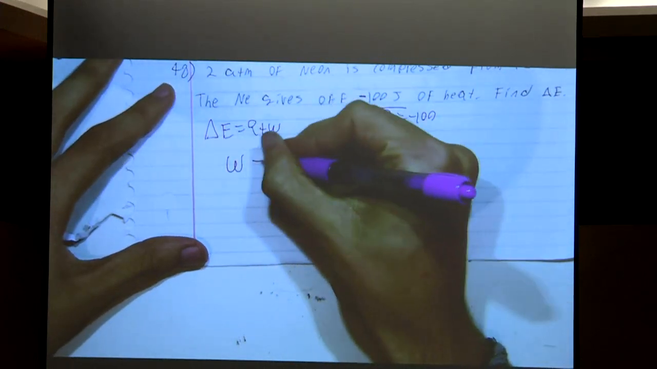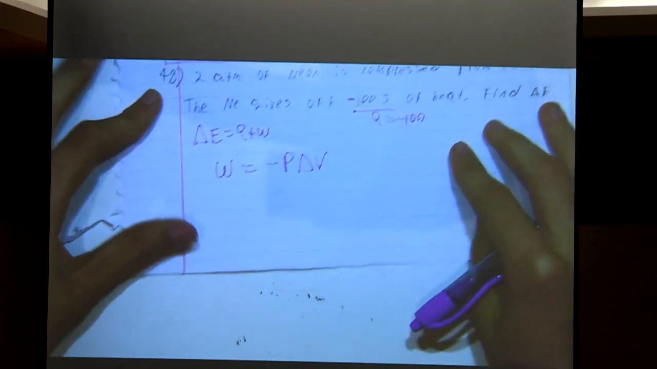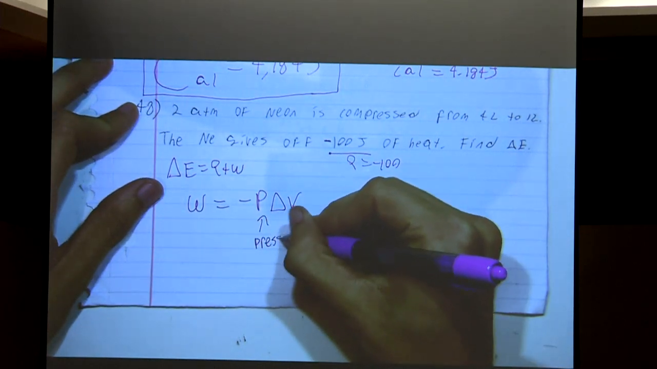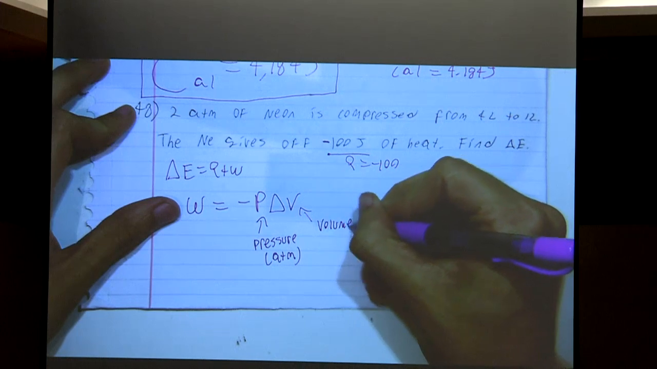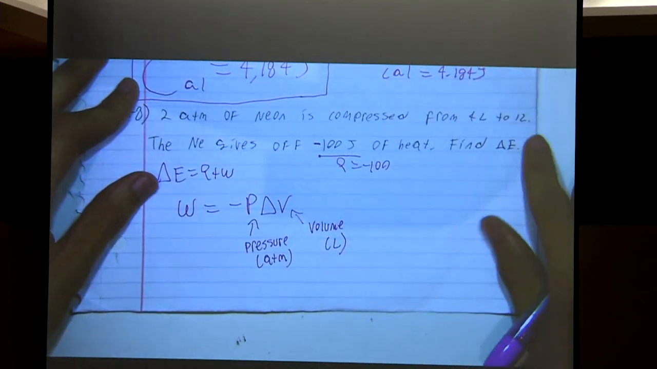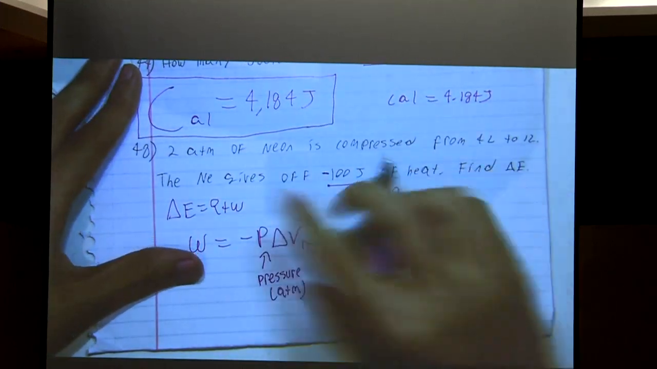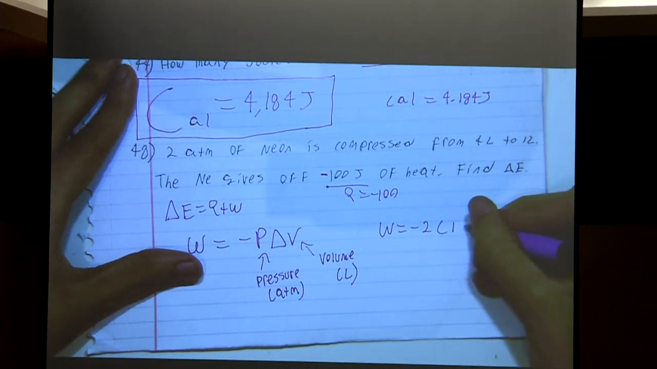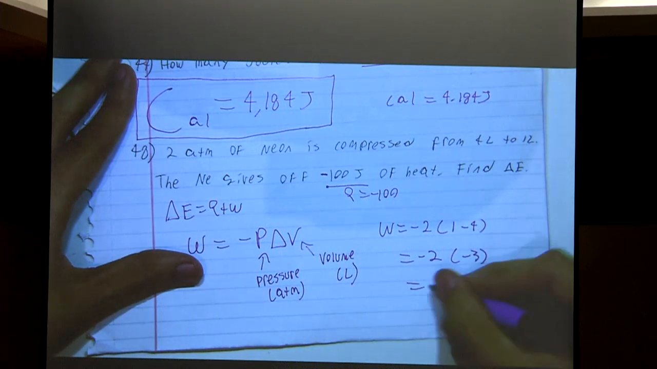Remember, our formula for work is negative P delta V. That negative sign is always there. So pressure is P, and that's in ATM. And volume is in liters. So work is negative P delta V. We're given the change in volume, and we're given the pressure. So work is negative 2 times 1 minus 4. So negative 2 times negative 3. So positive 6